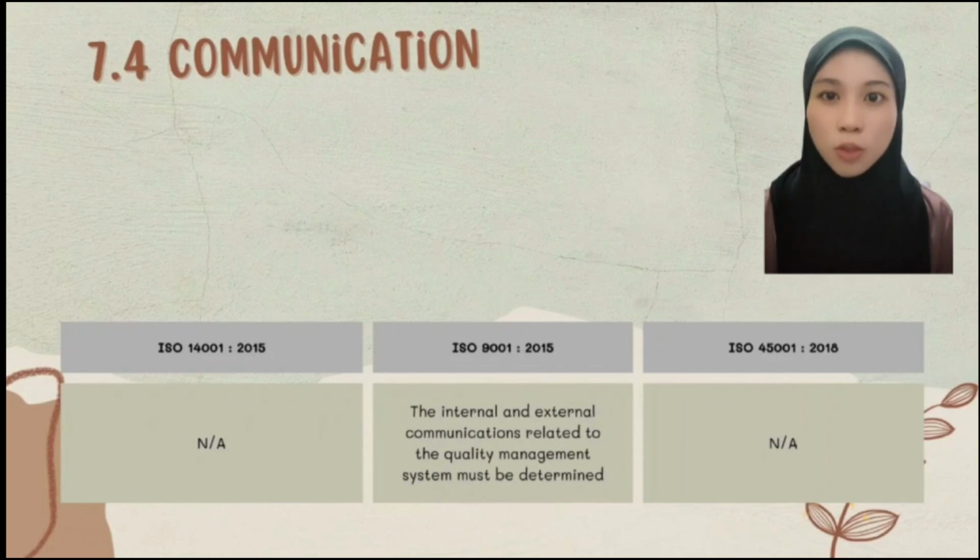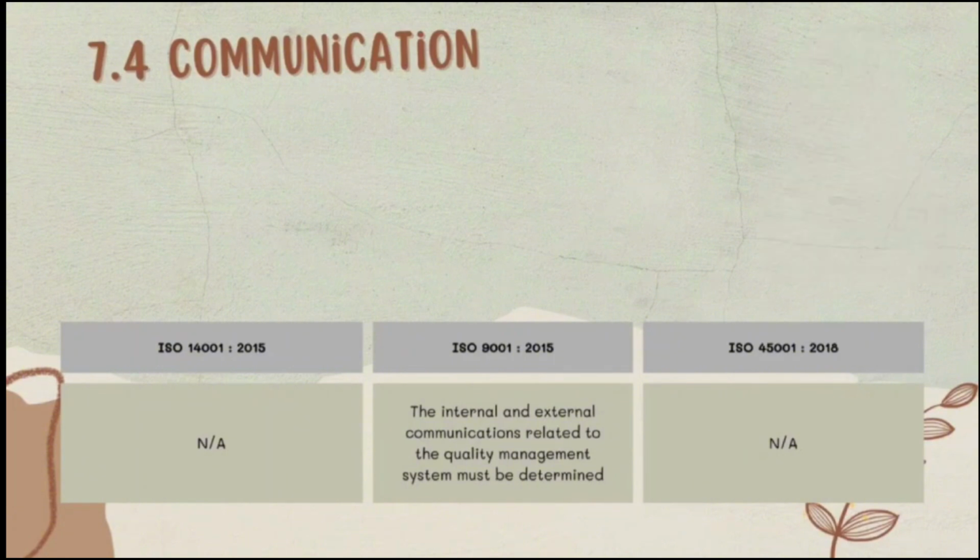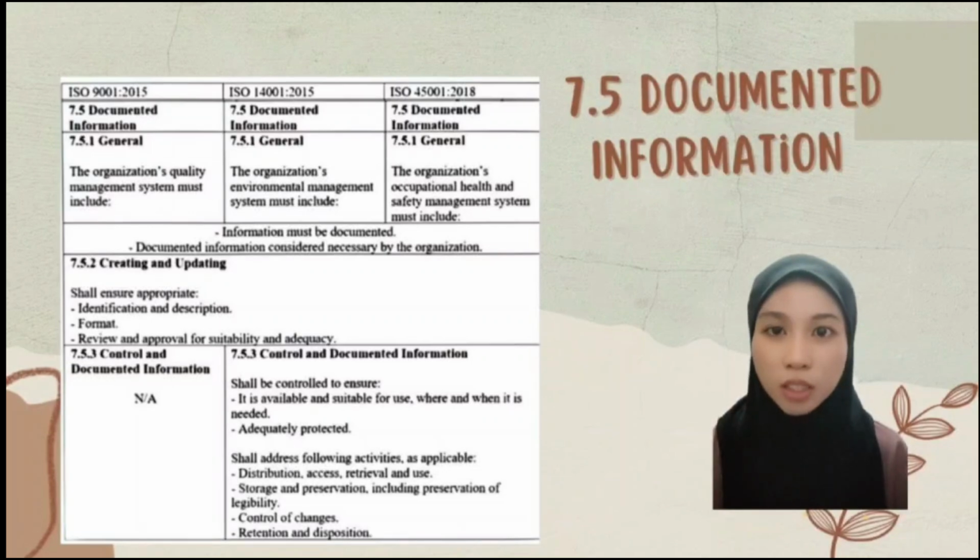For 7.4, which is communication. In this part, only ISO 9001:2015 has it, which is that the internal and external communications related to the quality management system must be determined. For 7.5, which is documented information, for 7.5.1 general, they have similarity, which is that the